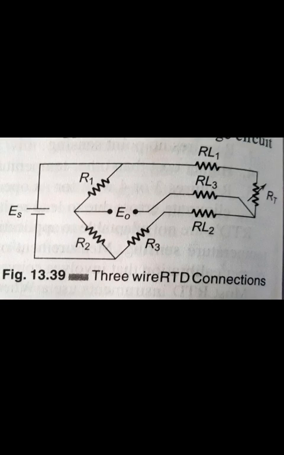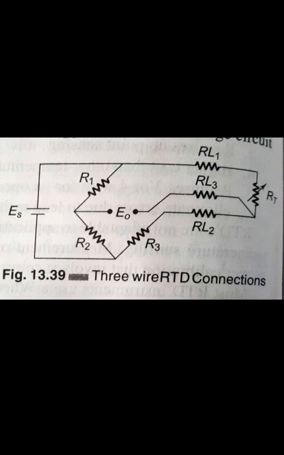This bridge circuit is used to compensate for the lead wire resistance, compared with the ohms per degree centigrade sensitivity of the RTD element. In the figure it can be seen that one of the RTD leads, L1, is in one arm of the bridge with the RTD, and the second lead, L2, is in the adjacent arm with R3.